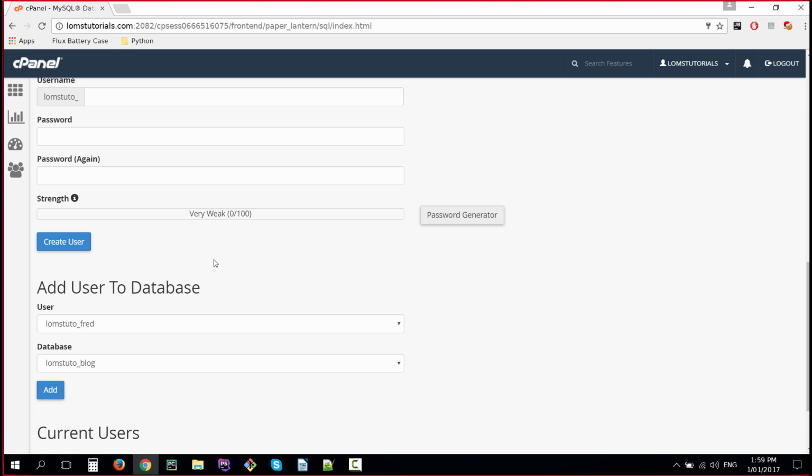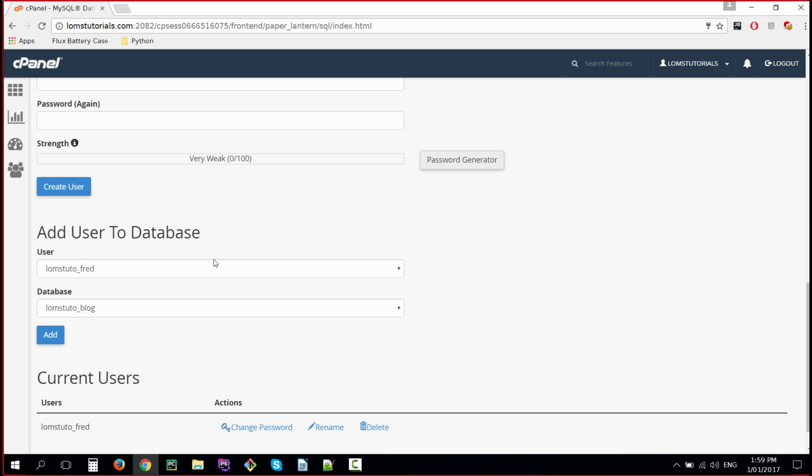So now what we'd have to do is come down and attach or add the user to the database, and this is a step a lot of people forget. So let's try that. We have to click on add. We've selected Fred, we've got blog for the database, click on add,